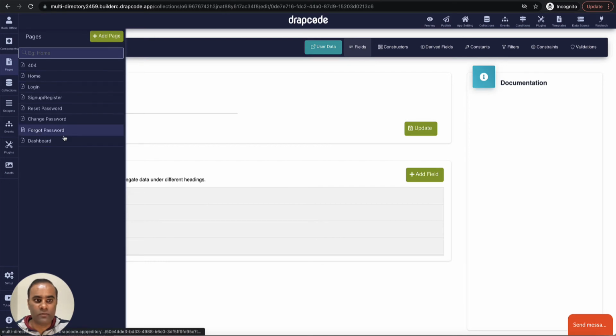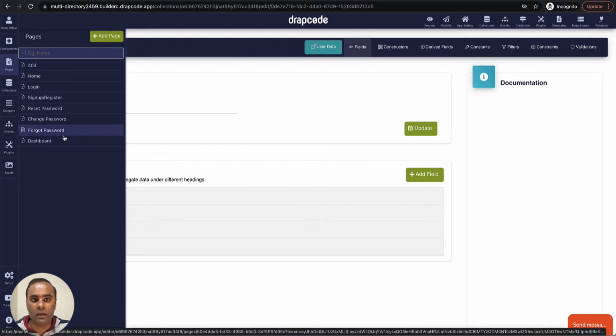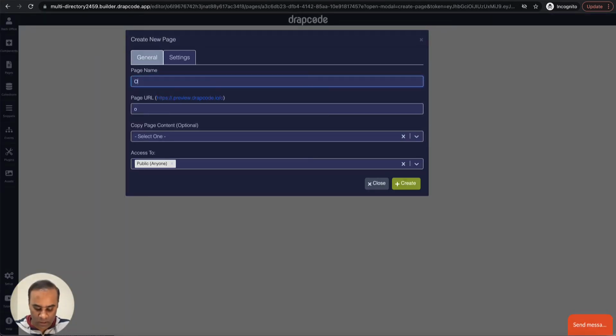You can see there are a couple of pages which got created as part of the login and sign up authentication which we have installed. Okay, so we will fix them later. Let's go and create a few pages. So we'll build a dashboard where organization staff or HR people can log in and add the data of employees. So we will have an employee list page. We will have an employee create page where they can add more and more employees, and then maybe an employee edit and delete page. Okay, so this is what an organization team member can do. Okay, so let's go and create the very first page. We call it organization dashboard.